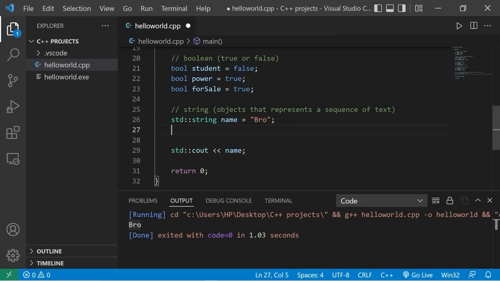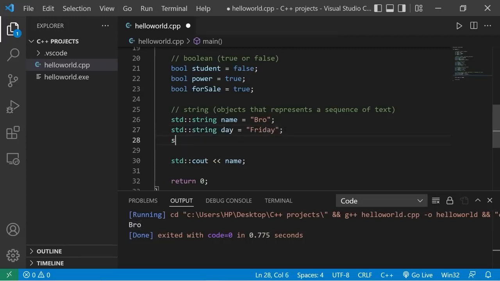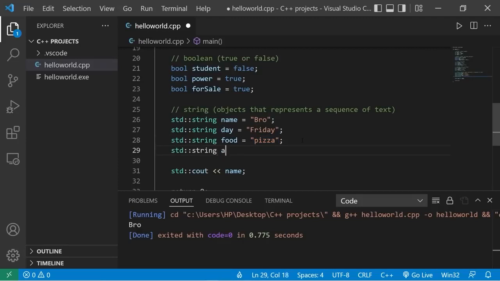Let's create a couple more examples. What about a day of the week? Standard string day. Then pick a day. I like Friday. What about food? Standard string food. I like pizza. I'll store this series of text as a string. Then maybe an address. Standard string address equals, make up some address, 123 Fake Street. Basically speaking, a string is a type of object that represents a sequence of text, such as a name, a